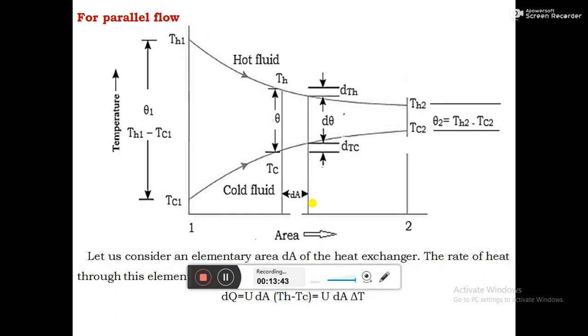The third assumption is that the flow conditions are steady. What is meant by steady state condition? That means the temperature, mass flow rates and other conditions remain the same at a particular point with respect to time. We are going to assume steady state conditions. That means at a particular point the temperature of the fluid doesn't vary with respect to time, and the mass flow rate doesn't vary with respect to time. All the flow conditions at a particular point remain constant with respect to time,